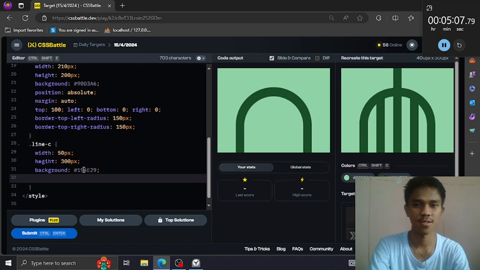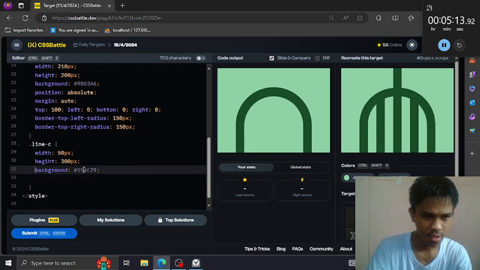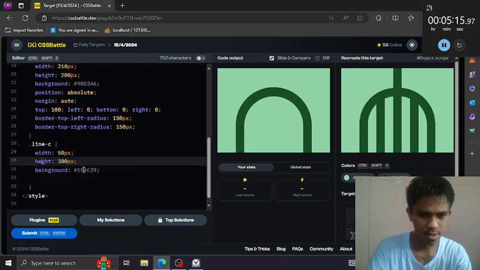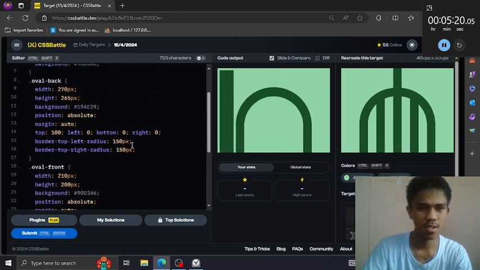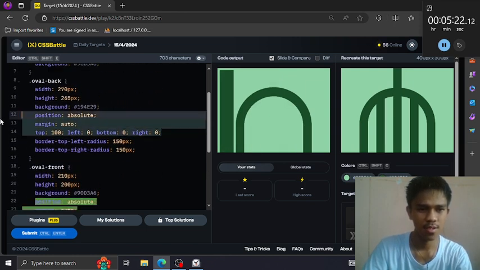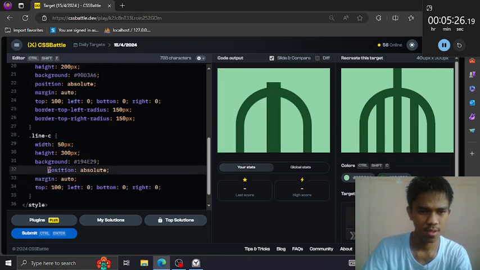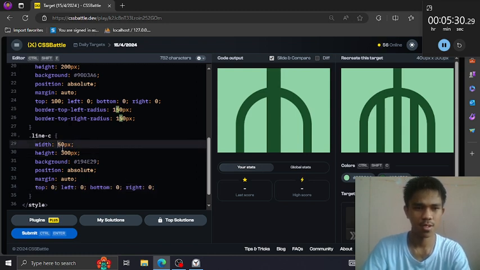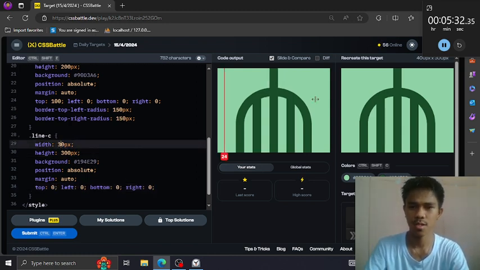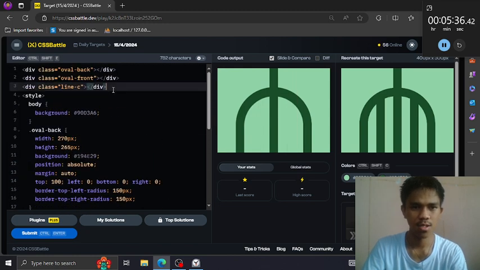Then what else? I think, yeah, the height is wrong spelling. That's right. Let's copy the center code, 0 to make the center. Just the height, just like that. And let's create the right and the left.